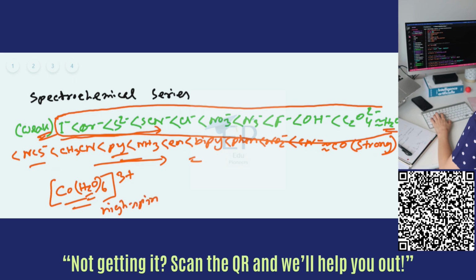And let's take another example of nickel tetracyanide, where the nickel is with cyanide, and since it is a strong field ligand, that means that this complex is a